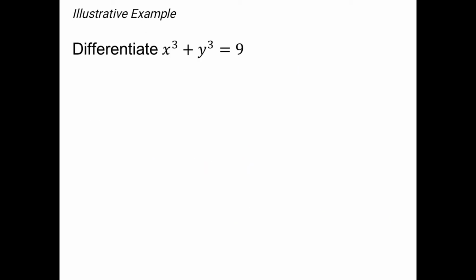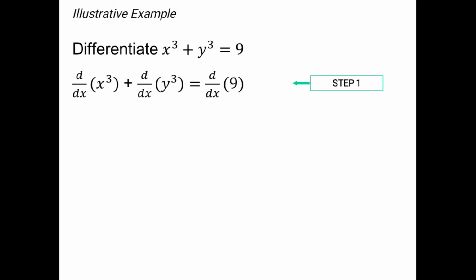Take care. So let's see the second example here. We need to differentiate x³ + y³ = 9. Well, of course, for step 1, we are going to differentiate both sides of the equation with respect to x. So we get d/dx, or the derivative of x³ plus the derivative of y³ equals the derivative of 9. And as we can see, we have 3x², the derivative of x³, and we indicate dx